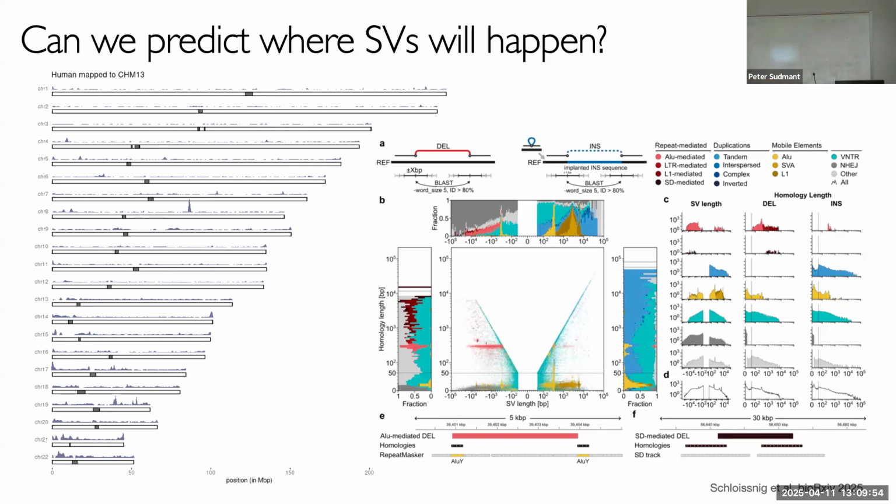You'll see numerous hot spots, right? Like there's one on chromosome 8 here. They tend to be happening in the subtelomeric regions, right? This is not surprising. But why is that the case? Because there are both sequence features and biological mechanisms that result in lots of SVs at those regions of the genome.